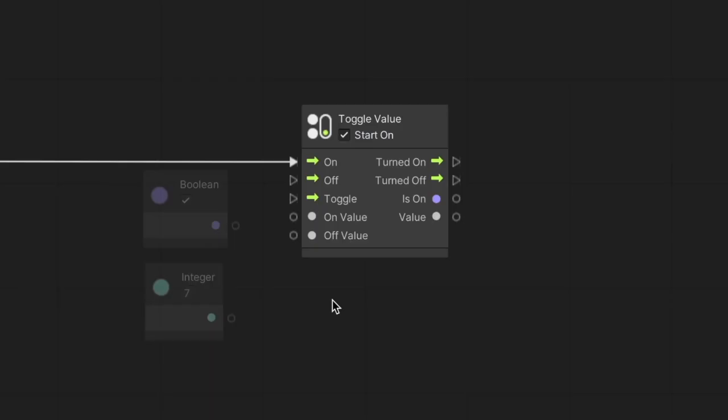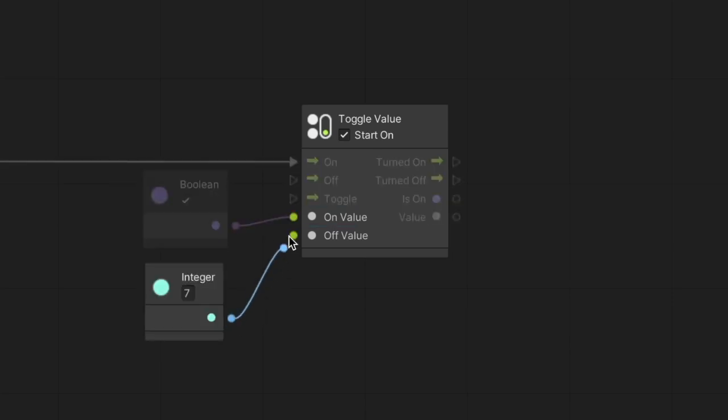Another form is the toggle value node. It's similar to the toggle flow in a sense that it has an on and off switch. Yet, instead of executing different flow branches, it will determine the output value based on the input on and off values provided. When the toggle is turned off, the output value will be whatever is connected to the off input